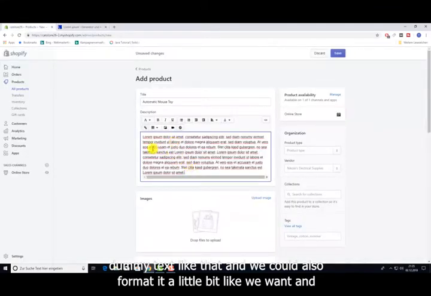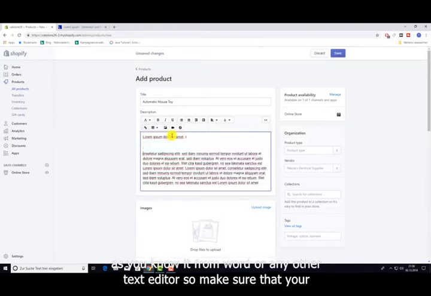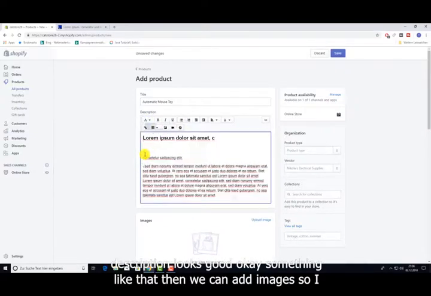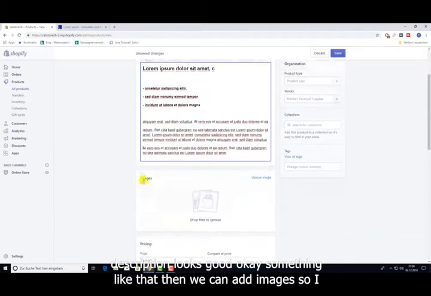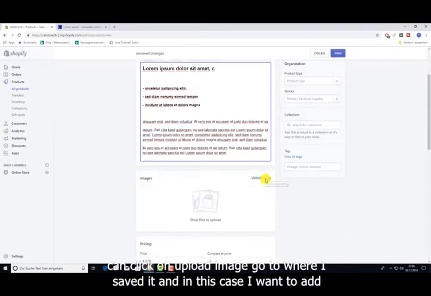like that, and we could also format it a little bit like we want, as you know it from Word or any other text editor. So make sure that your description looks good. Okay, something like that. Then we can add images. So I can click on upload image,